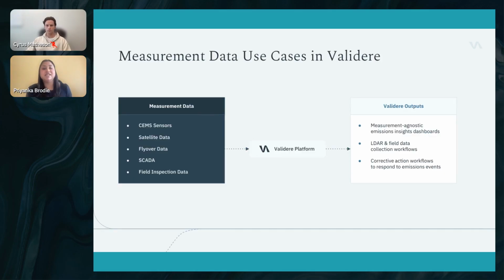Let's now dive deeper into specific measurement data use cases that we have helped our customers with. So we're able to consolidate any type of measurement data in Validere to develop measurement agnostic dashboard views. So instead of field teams having to rely on various vendor-specific dashboards, Validere provides a holistic and single source of truth to understand emissions profiles across all sources and identify the highest emitters. With respect to field inspection data, we have built out workflows for leak detection and repair, and also for field